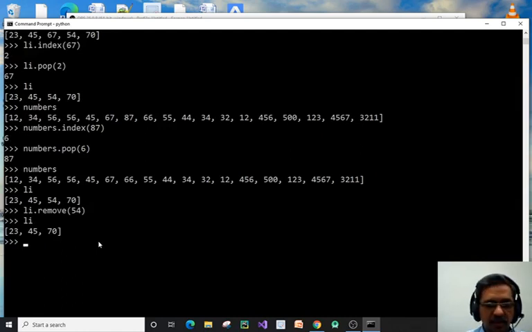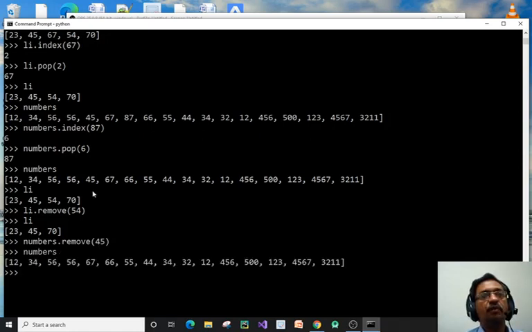Then I can use here, suppose numbers dot remove 45. Check here, 45 is removed. After 56 we have directly 67. So to remove any element from a list, there are three different techniques.